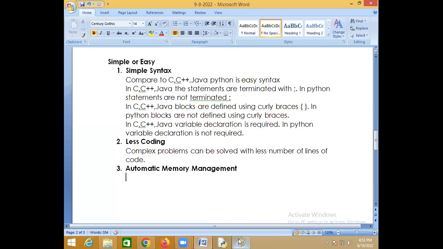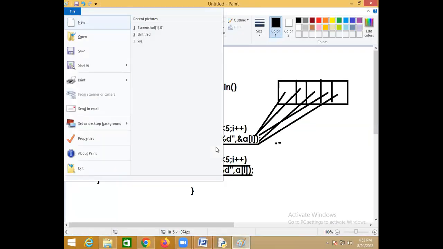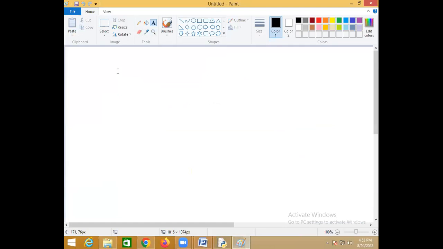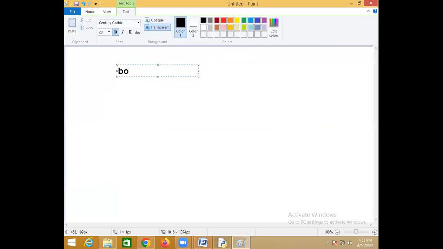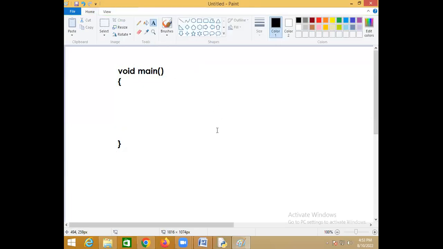Now, if you are working with the C language, there is a chance of memory leak and wastage of memory, because in C language memory management is explicit.